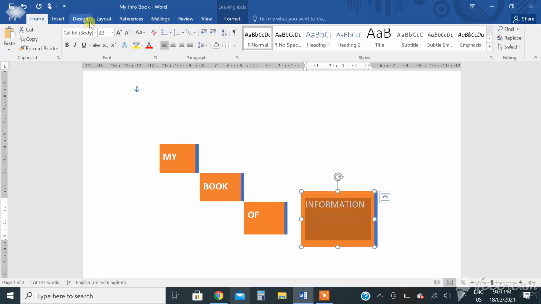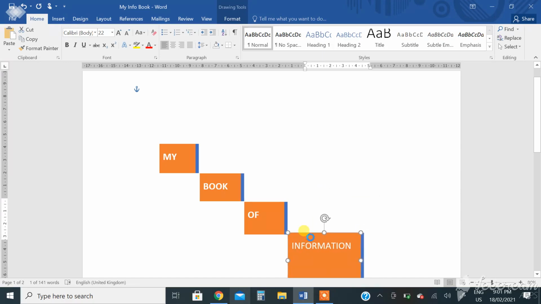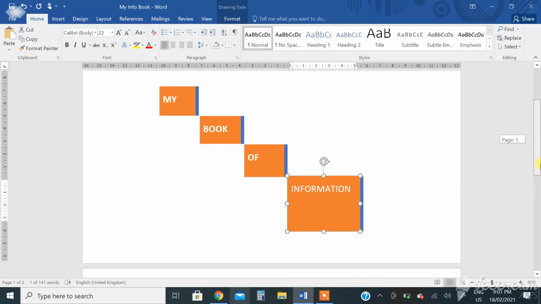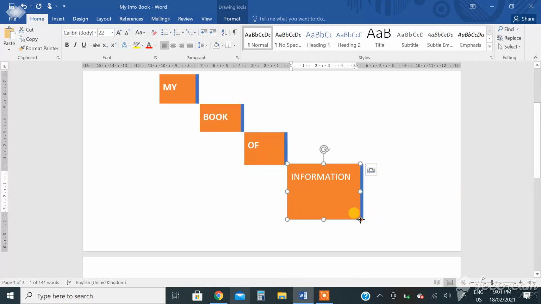It's not necessary that you put size 22. You can do it according to your requirements or page setup. And make it bold. Select it and bold. All done.